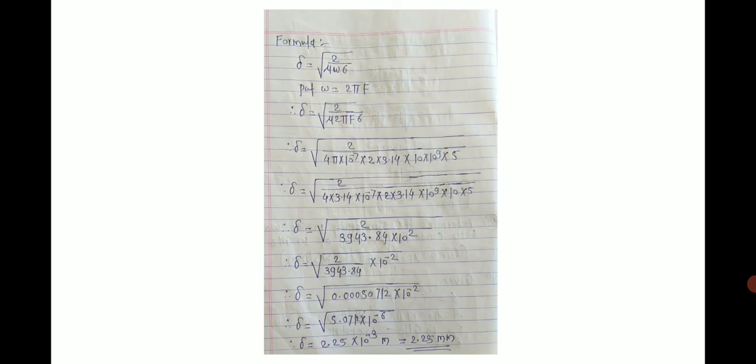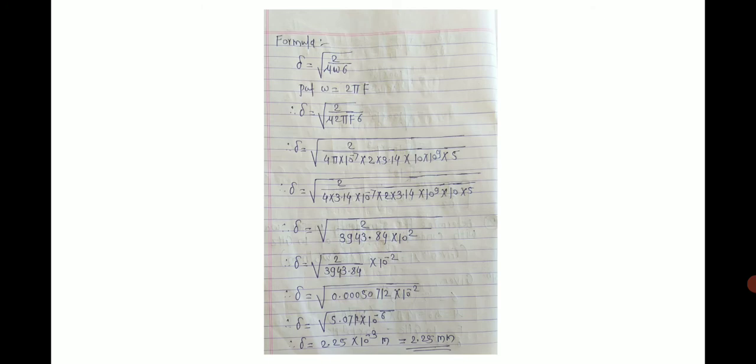Then next, mu is equal to mu naught, 4 pi into 10 to the power minus 7 Weber per ampere meter, and frequency is 10 gigahertz. Giga means multiply by 10 to the power 9. That's why it is 10 multiplied by 10 to the power 9 hertz, and we calculate delta. We write the conductivity unit sigma as ohm meter raised to minus 1 because generally the unit is Siemens per meter, but Siemens is the reciprocal of ohm, so Siemens is equal to 1 divided by ohm. That's why ohm meter raised to minus 1. Then we calculate delta, the skin depth.